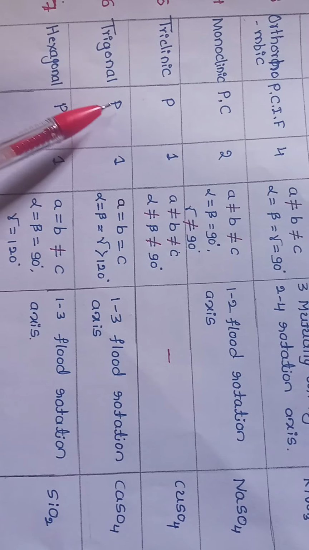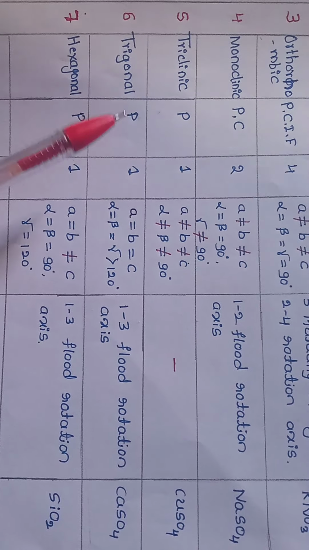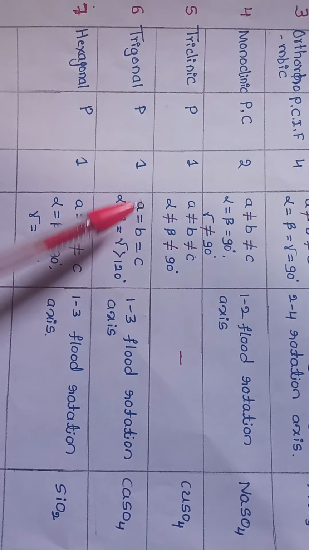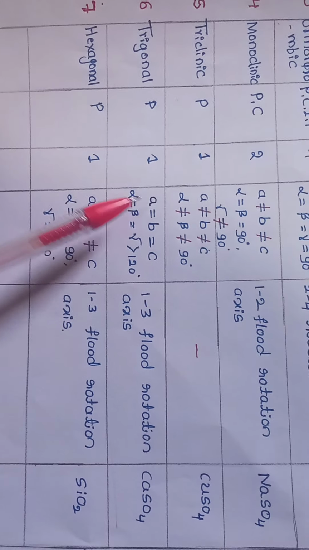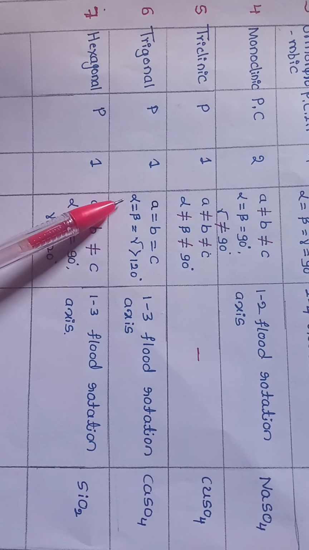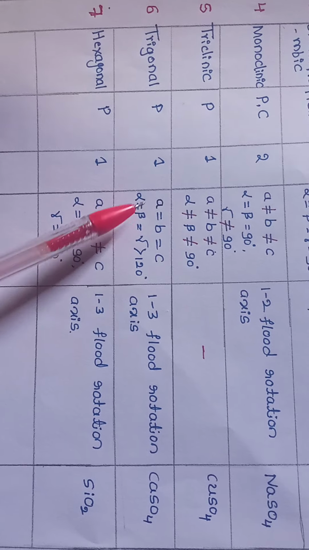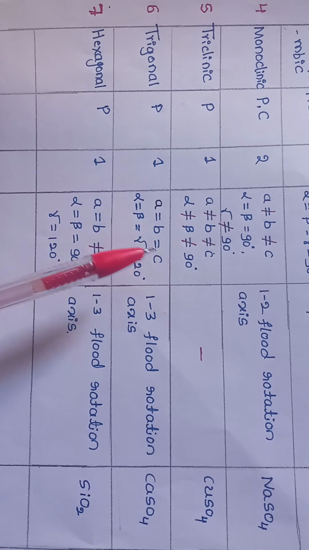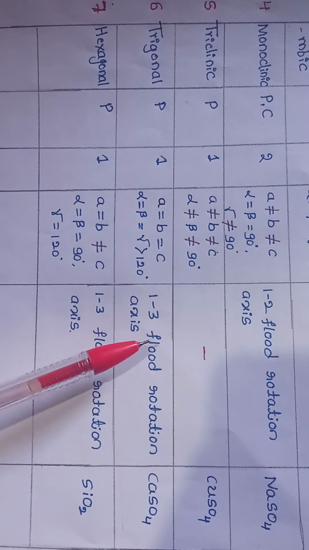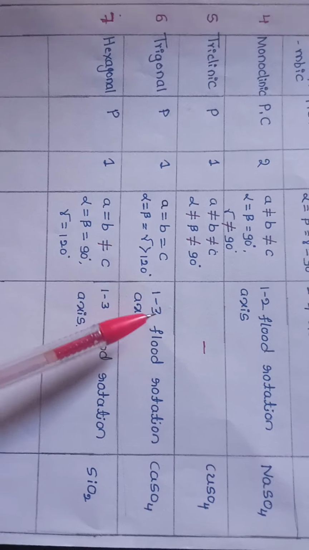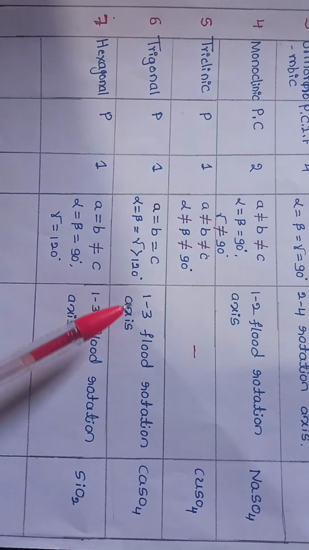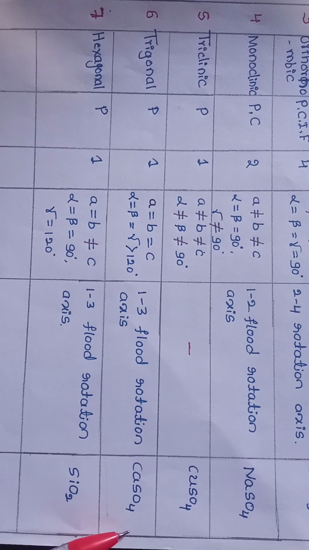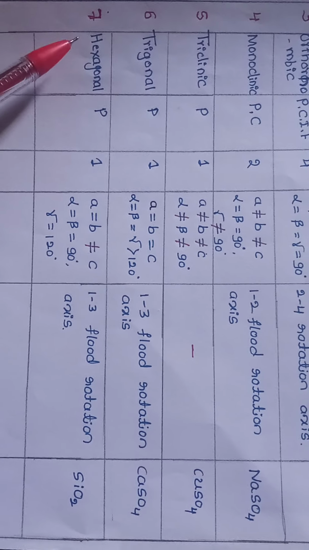Next one, trigonal. Okay, see here, if the system is trigonal, then the symbol you have to use among the 14 Bravais lattices is P, meaning primitive unit cell. Therefore the number of lattices is 1 here, and all three axis lengths are equal. But see here, the angles alpha and beta are equal, but the angle gamma is not equal to them, greater than 120 degrees here. Okay, the characteristic symmetry element for trigonal is 1 three-fold rotation axis. Then what is the example for the trigonal? CaSO4.